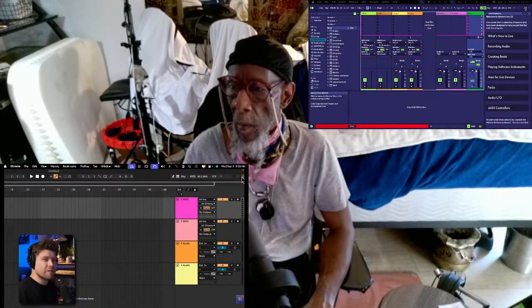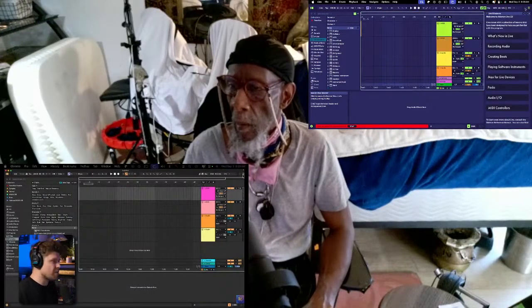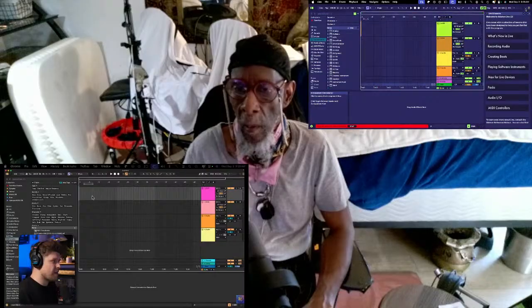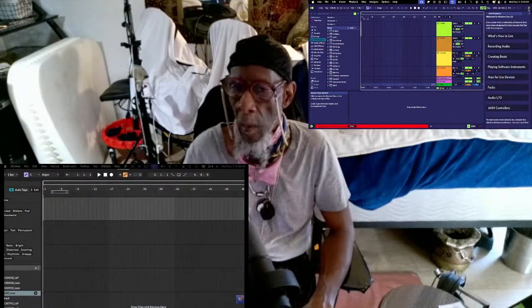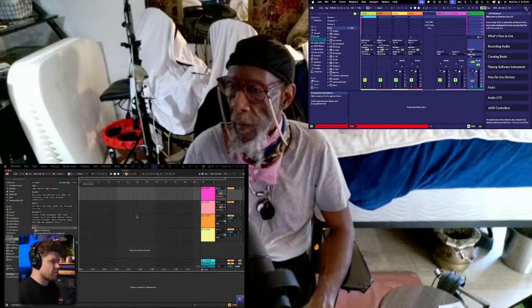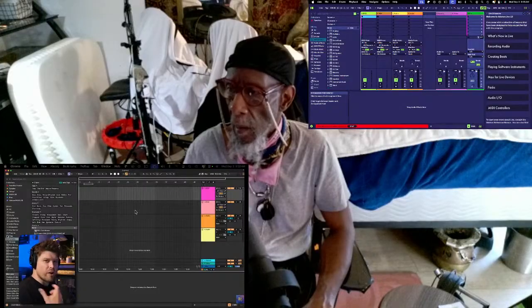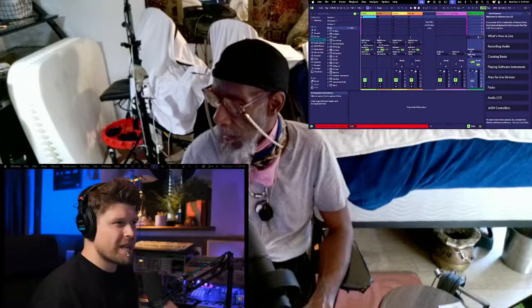It looks like your more traditional DAW setup. You have a linear timeline with bars across the top and time along the bottom, where you can record or arrange music along a timeline. We'll come back to that in a bit. We're going to